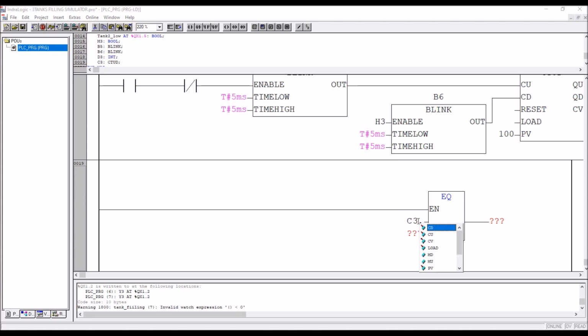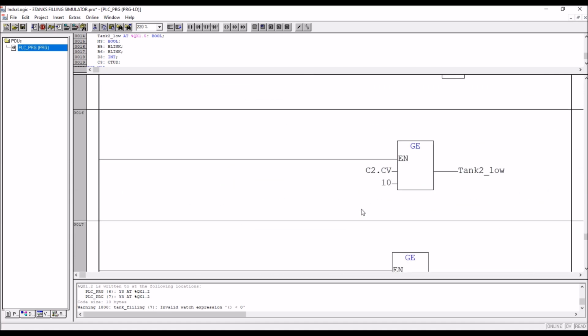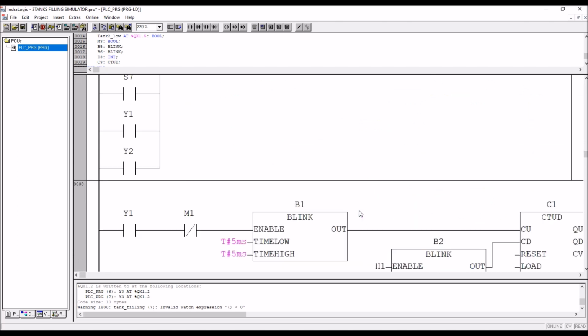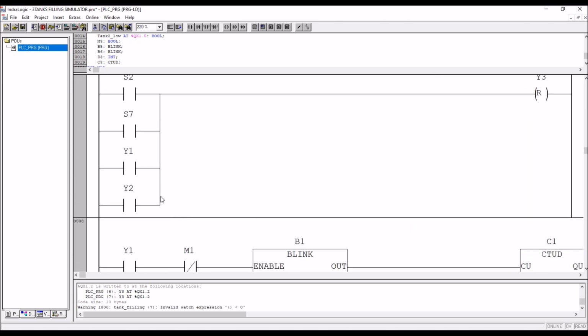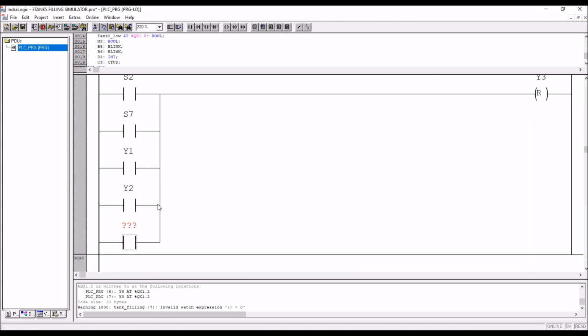C3.CV and 100%, then M3. Okay, and also M3 should reset the Y3. So go to Y3 and then add a parallel branch here, and M3. Okay, and here, sorry, this is